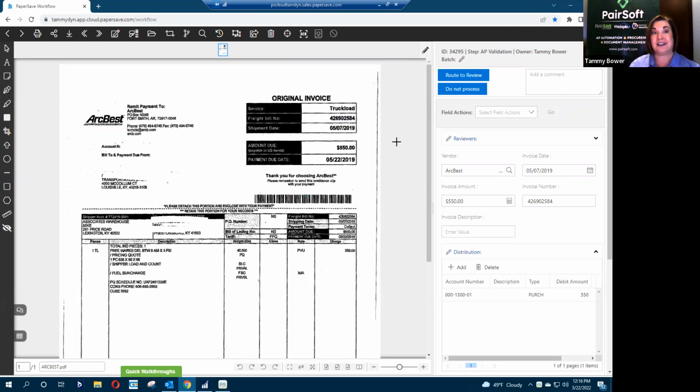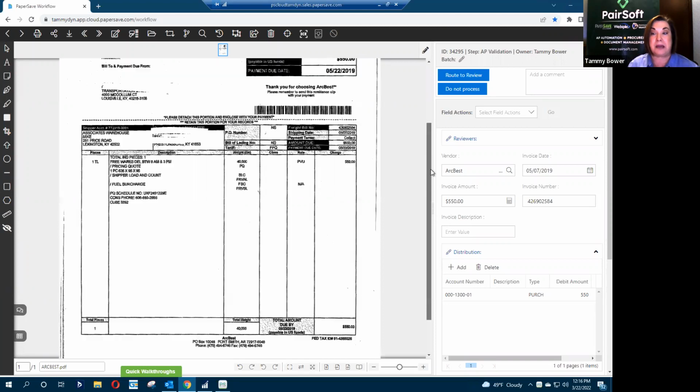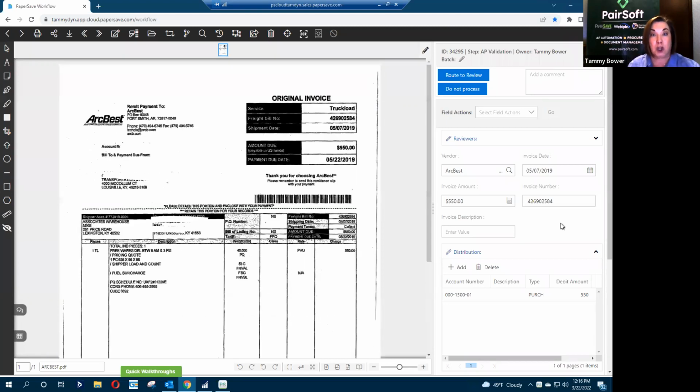Maybe that's because they're giving you a discount if you pay by a certain date, or maybe they're including a late fee, or they're including last month's because the check and the payment and the invoice crossed in the mail. So you can then make the decision based on that vendor, which total amount you want it to capture, right? So there are different things that you're going to be able to build and create and learn or teach the system so that it's very specific to your invoice, your vendor's invoices. Again, don't have to build a template for all of them.